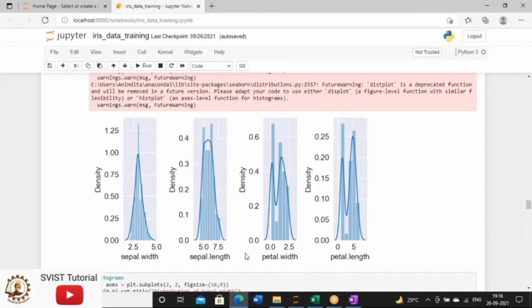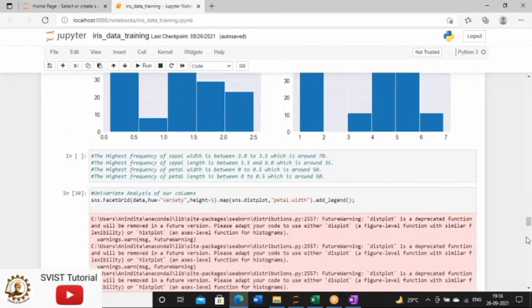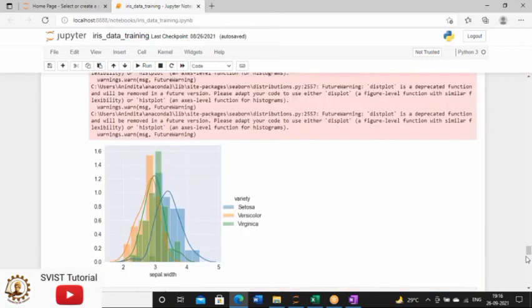So whenever we have this kind of distribution, we have the median, and if the median is at center, we have equal amount of distributed data on both the sides. So this kind of distribution is very much good. It means my data features are normally distributed. Unfortunately, if you see petal width and petal length, this data distribution is not normally distributed. So without drawing this plot, you can find out this concept in the violin plot too.